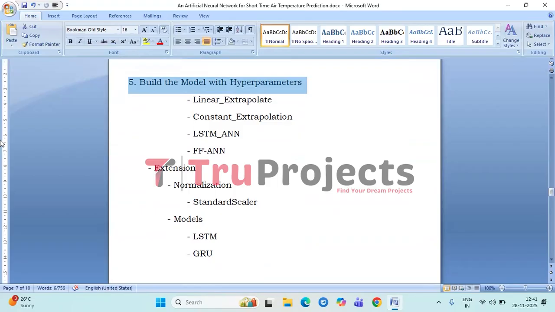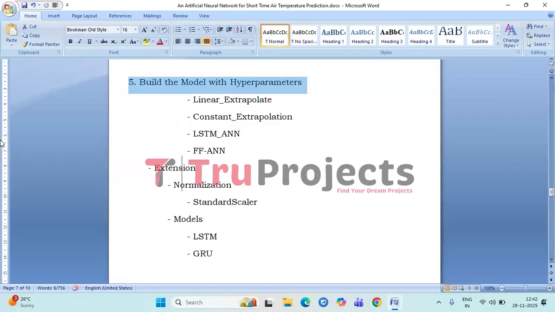Next, we have building models with hyperparameters. Multiple prediction models are built to compare the performance. Like base models: linear extrapolation, which predicts the temperature based on the linear trends; constant extrapolation; LSTM and ANN hybrid, which combines LSTM layers and dense layers; and FF ANN, a feed-forward artificial neural network, which is a fully connected neural network.